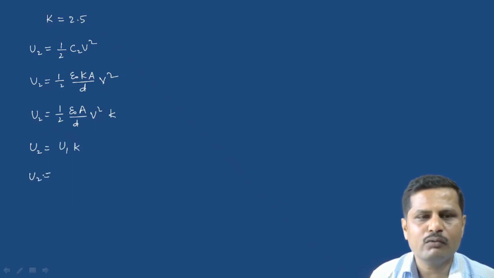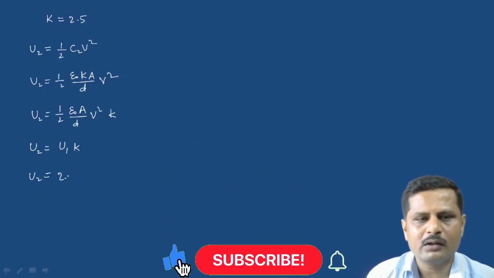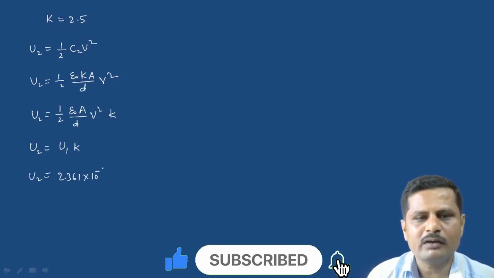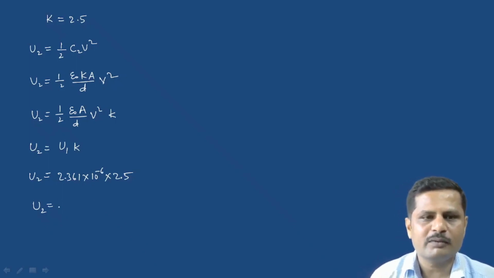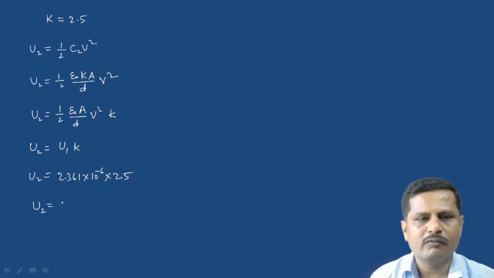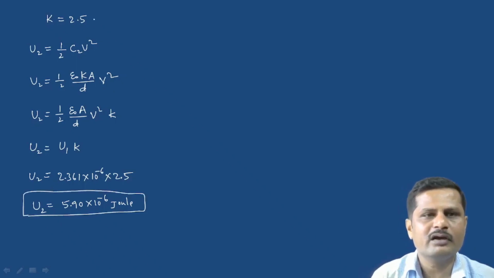So just now we got U1, that is U1 equals 2.361 into 10 raised to minus 6, and here we have k value as 2.5. So I'm simplifying this. The energy stored in the capacitor is k times the energy stored whenever there is no medium between the two plates of the capacitor. So if you simplify this, we'll get 5.90 into 10 raised to minus 6 joule. This is the energy stored in the capacitor whenever there is a dielectric medium of dielectric constant 2.5 between the two